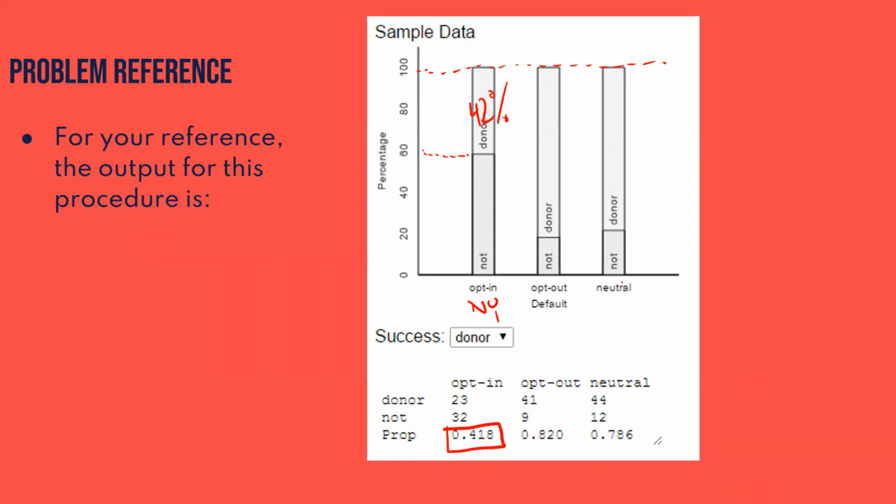The neutral group, where you had to make a choice, is like New Jersey. Look at New Jersey, again not judging you, but is there a big difference in the percentage in the study who chose to be donors? It looked like it was roughly 79% of people. I'll talk about what happens in the real world in a second. And then this is the opt-out, where they say, hey, you're going to be an organ donor, but you can opt out. That's even the best group, at 82%.